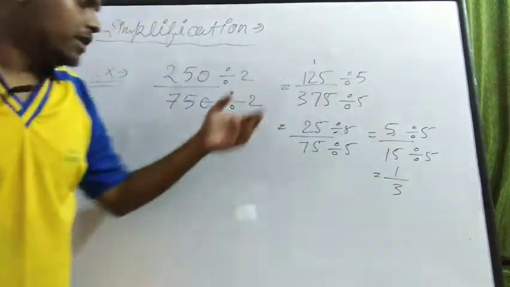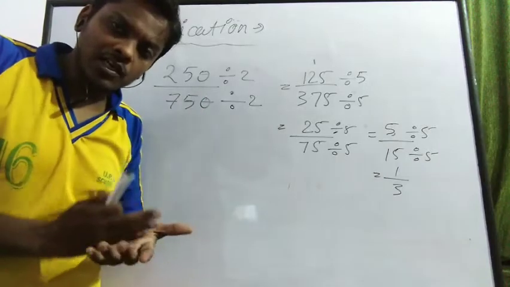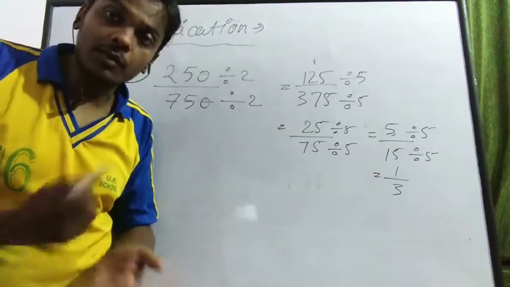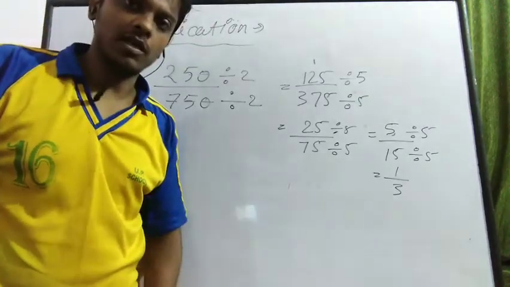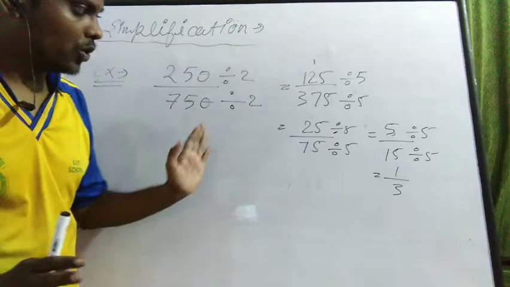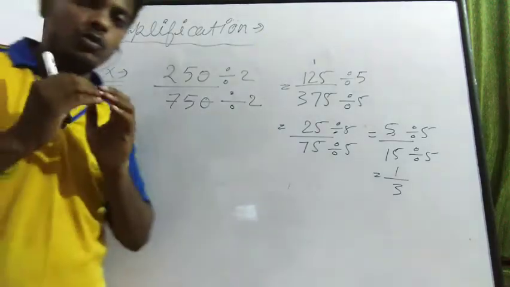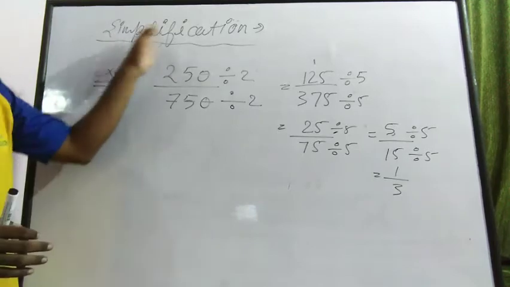ठीक है, इन शॉर्ट आप ऐसे समझ लो, 250 अपॉन 750 को हम तब तक काटते रहेंगे जब तक वो कटना ना बंद हो जाए. ठीक है, जैसे ही वो कटना बंद हो जाए हमारा आंसर आ जाता है. जब तक वो कटता रहता है हमारा आंसर नहीं आता है. ओके, so hope you know your doubt is clear for the simplification.